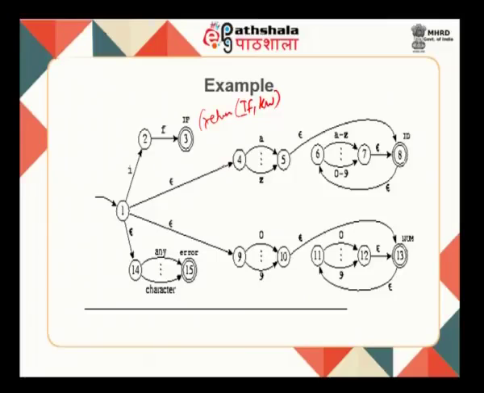Similarly, I can also have an epsilon transition here, where I have a to z being circulated. This will basically be an even length string, because I have a loop, which can keep running, and then I can go to an odd length string. So, either I can go here and then go to id, or I can keep on rotating here. However long I rotate, I can end up in an odd length string which goes to id. Again, I can have one more variation here, from 6 to 7. I can have a to z and 0 to 9, which can go to 7, that could lead to epsilon, which can qualify for the id identifier.